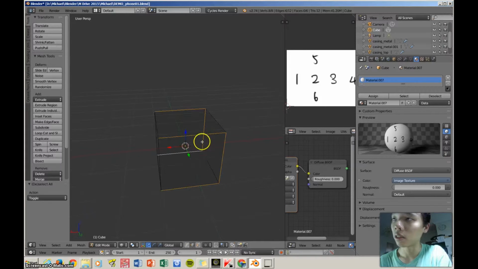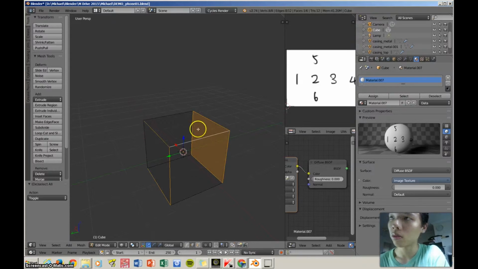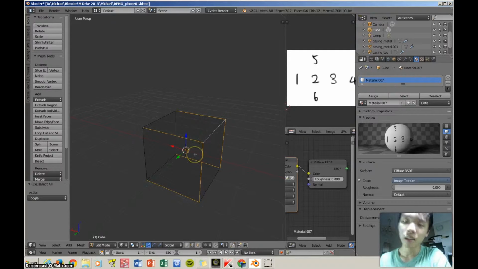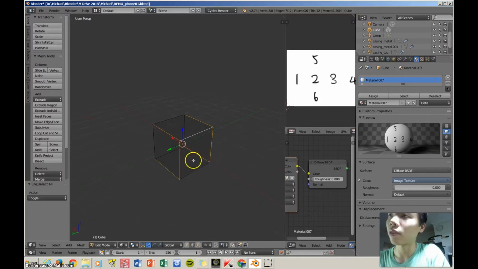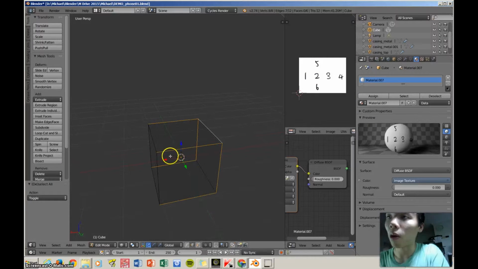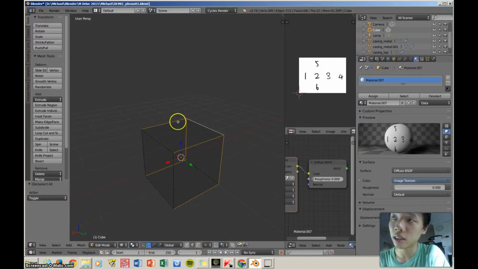Let me see. So that one's okay. So we want to cut this one. No, this. Okay. So we want to cut like this, and hopefully when it unwraps, it's gonna unwrap like this cross shape. So we have to mark these edges so that when we press unwrap again, it will